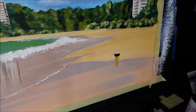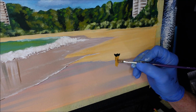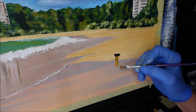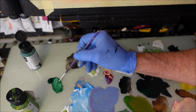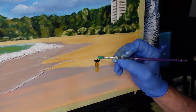Now we'll grab a bit of burnt umber to get some darker values in this, and you're just pretty much putting some darker values within this. So I've got Viridian green and some white just to make up her shirt. She's just wearing a